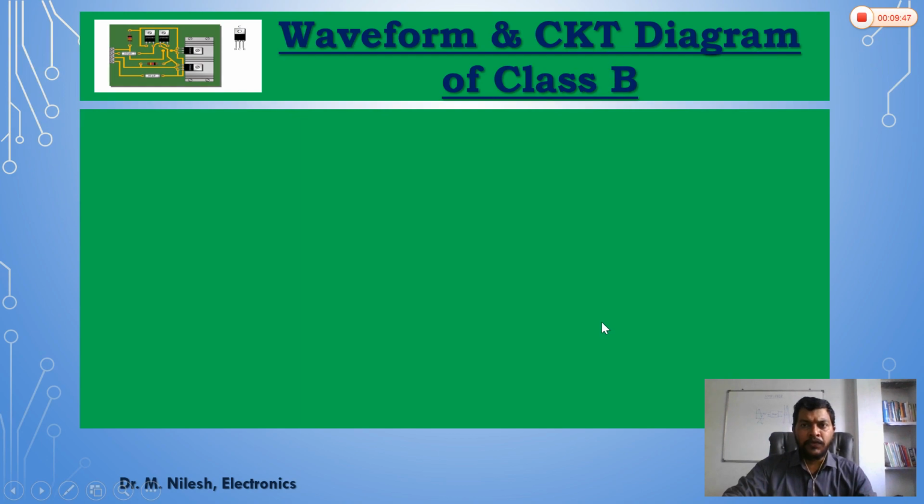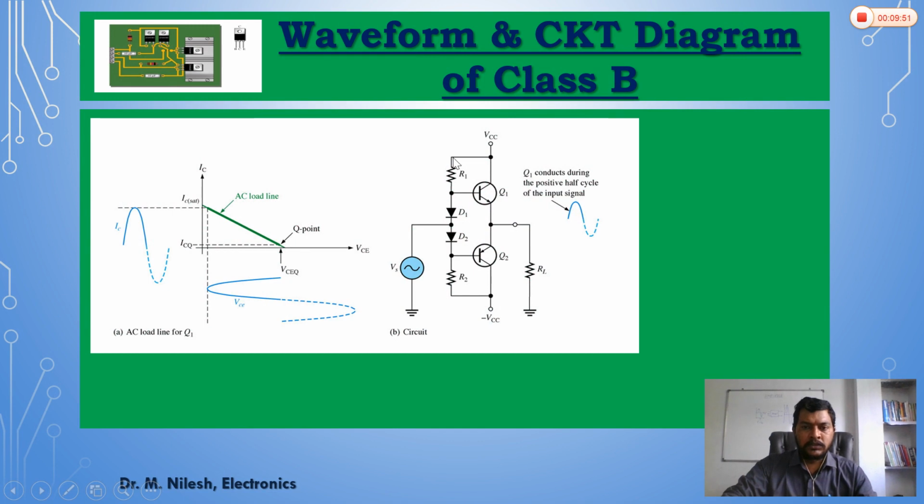The waveform and circuit diagram of Class B power amplifier. The Class B power amplifier shows that there are two transistors Q1 and Q2. One is NPN and the other one is PNP transistor that is used over here, and the quiescent point is